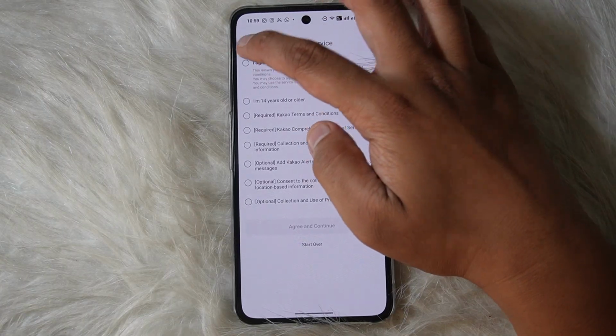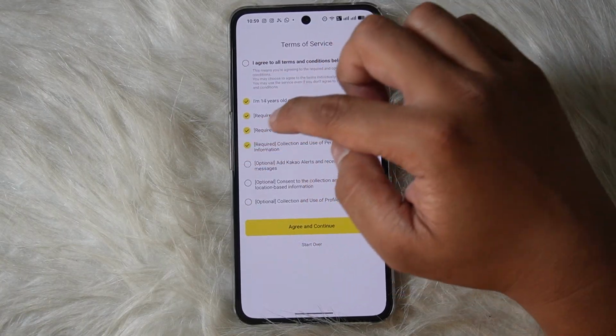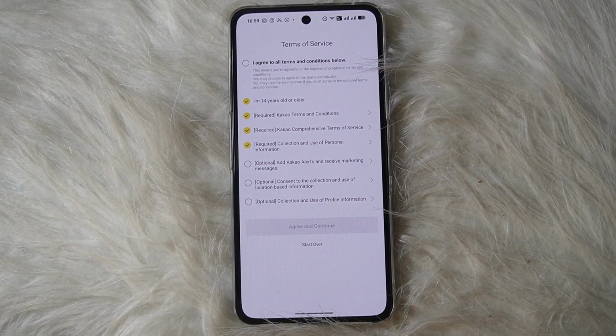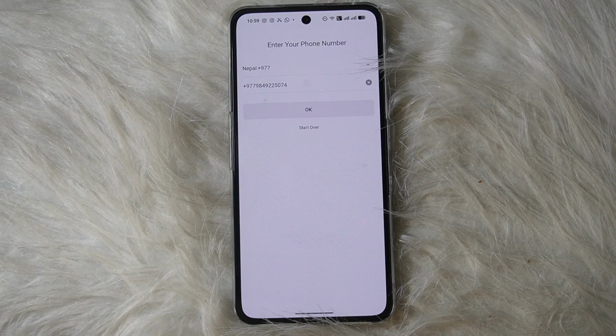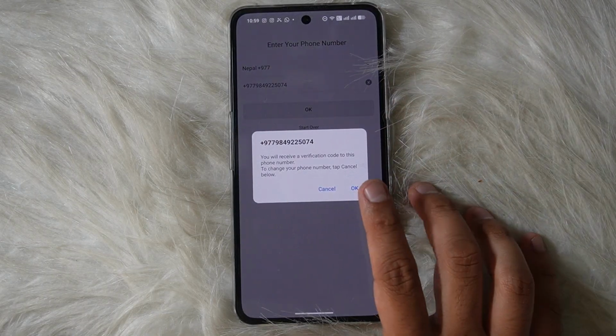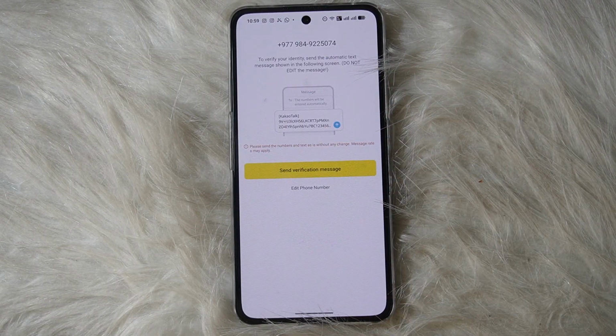Agree to all the terms and conditions. You can uncheck all the optional options and then hit agree and continue. Enter your phone number, hit OK again, after which a verification code will be sent to you after you tap on send verification message, and then follow the rest of the on-screen instructions to set up your KakaoTalk account and